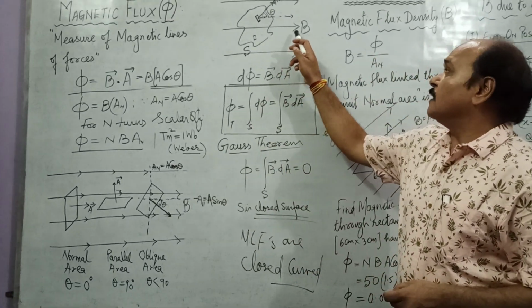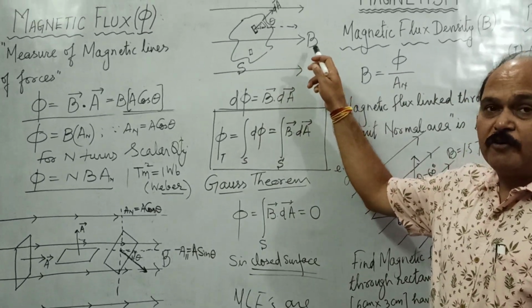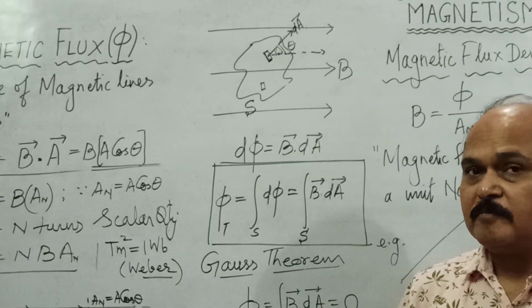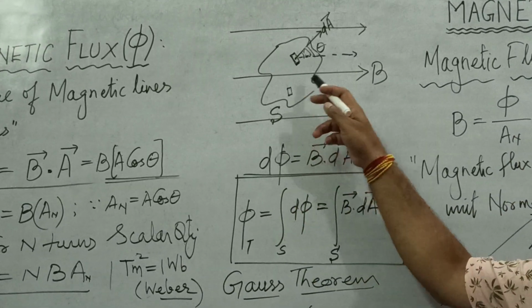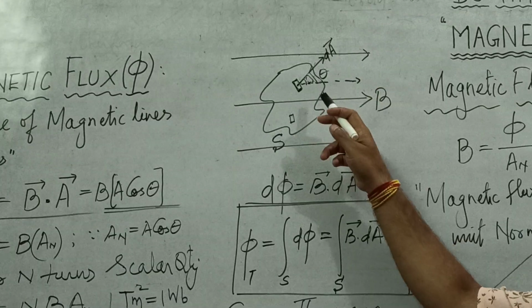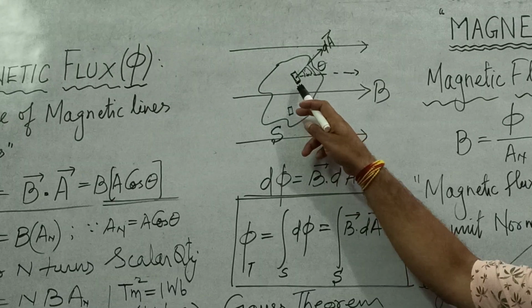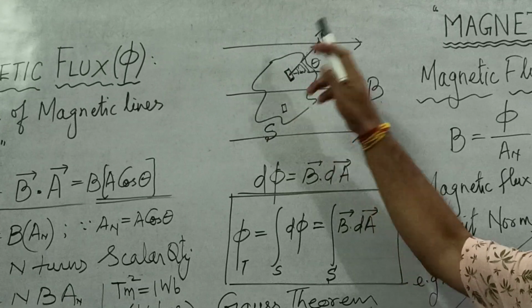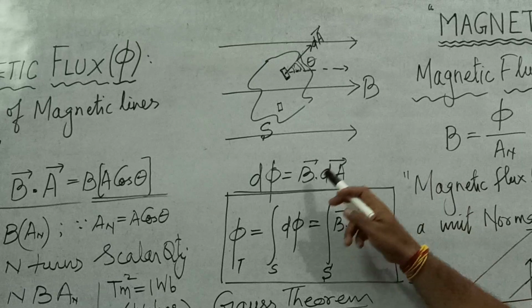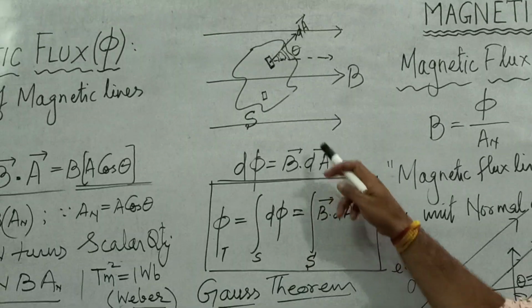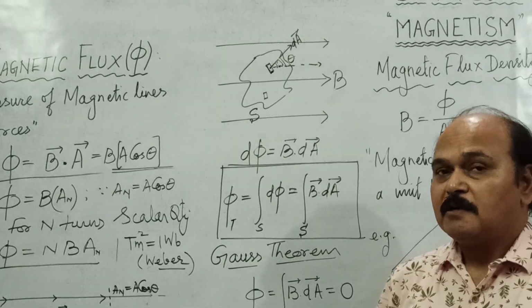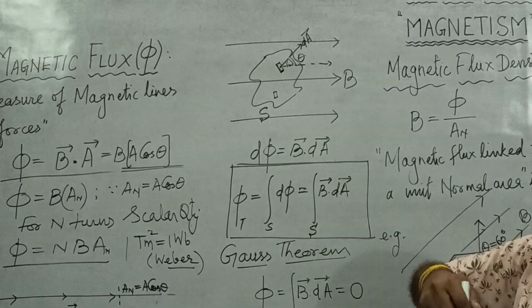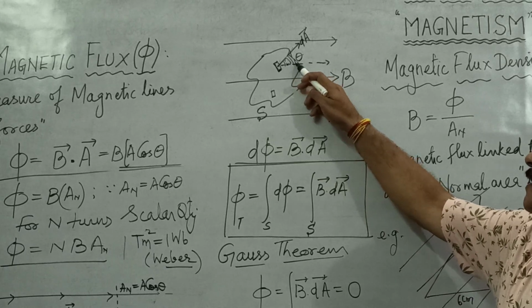See, this is a magnetic field, of course uniform, and in the magnetic field is an area which is not uniform. Well, what do we do? We divide this total area into an infinite number of infinitesimally small areas dA each, and flux passing through one very small area dA is what? B dot dA. Remember, this dA, which is a very small area, is always in the plane. Therefore, there is going to be a well defined angle between this area vector and magnetic field.